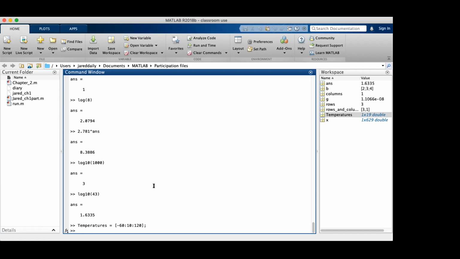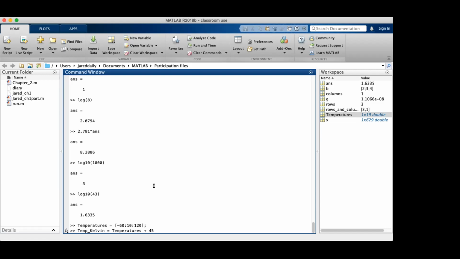And converting to the Kelvin scale, they actually have that conversion in here. You end up making a new array, temperature, call it temperature subscript Kelvin or something, whatever you want to call it. And that's going to equal my array of temperatures that I made before, and I'm going to do some things to it. It turns out that you have to add some numbers to it and then multiply it by something. And the number they have to add to it is